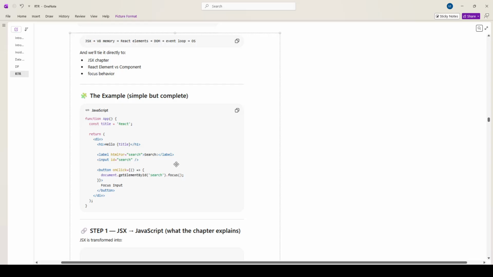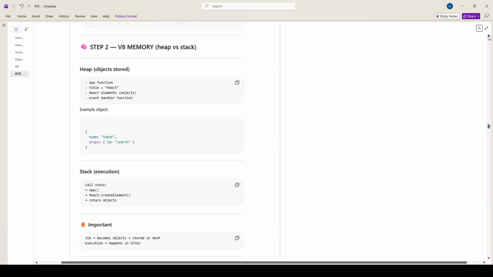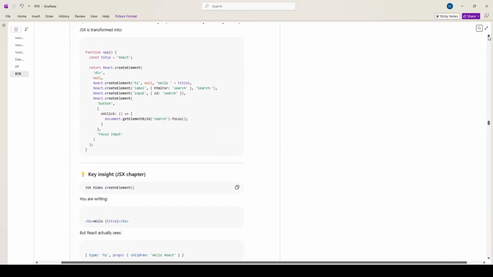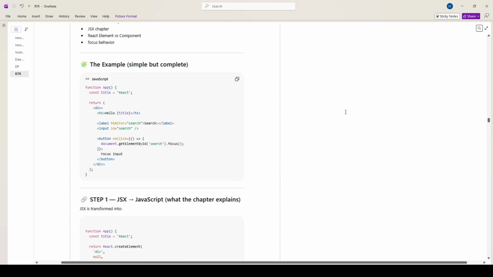JSX to V8 memory, to React elements, to DOM, to event loop, to OS. So we'll tie it directly to the JSX chapter: React element versus component, focus behavior. The example, simple but complete. So function App, empty parameter, with an initial declaration of const title equals "React" string, semicolon, then